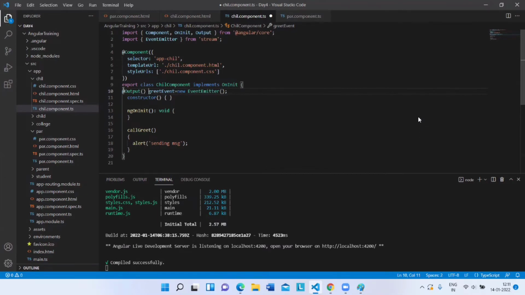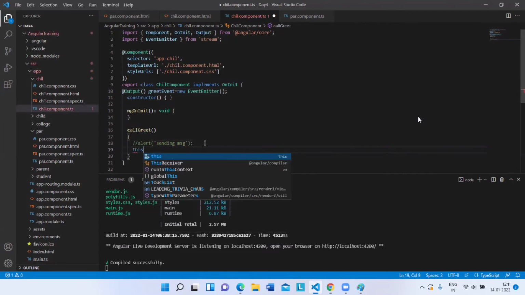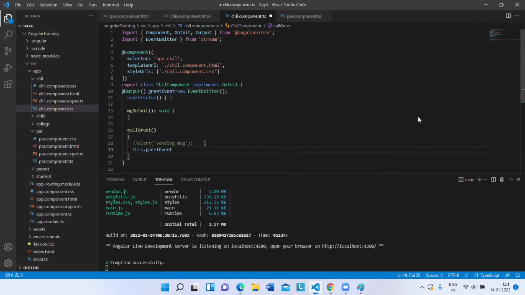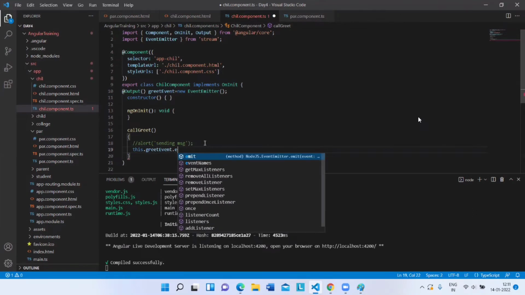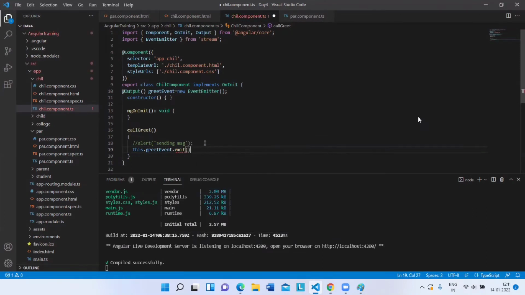So now what exactly is happening here? After I make this particular change, at output greet event is equal to event emitter. Now here I'll comment this for the time being, and I'll just write this dot greet event dot emit. So now what exactly is happening is